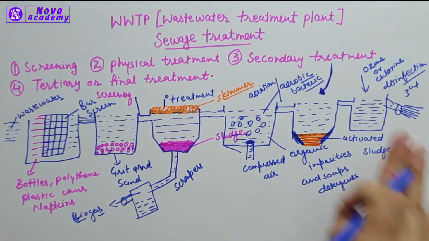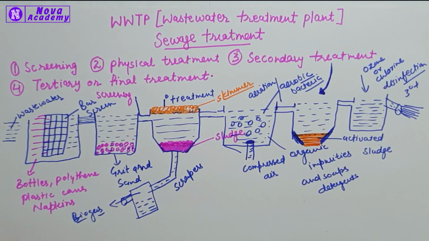So this is all about the sewage treatment, which is very crucial, because if we send the sewage directly into the river, it pollutes the whole water. So water pollution will be there. So to control the water pollution, we will do this treatment. This treatment can be done by the government or by private industries. So anybody can do this treatment.